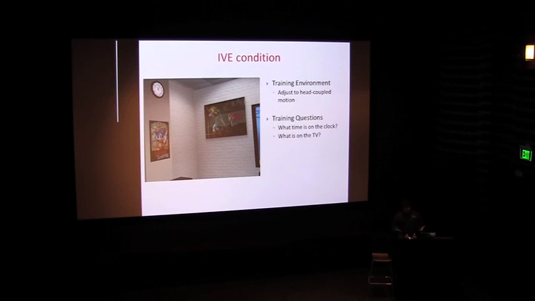And also when a participant is introduced into the virtual environment, they had a training session in order to get acclimatized to the head-tracked perspective correction and to know that they could move their head around and look at a target and look at the environment, if you will. So the training environment had various images and things, and we asked them a series of questions in order to ensure that they could see all aspects of the scene, and get accustomed to the head tracking, head-coupled view of the environment. Some of the questions we asked were, what time is on the clock, what's on the TV, etc. And it also enabled us to ensure that the visual clarity was there in the head-mounted display.